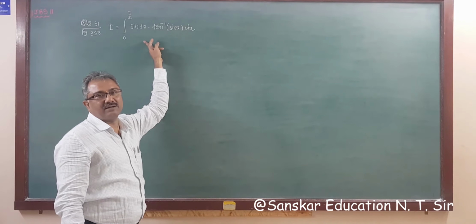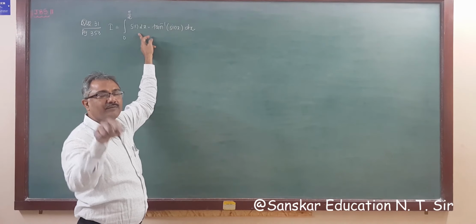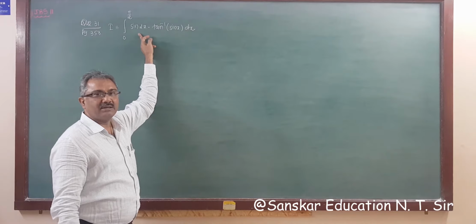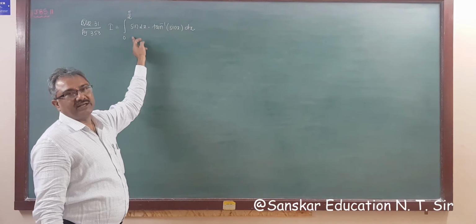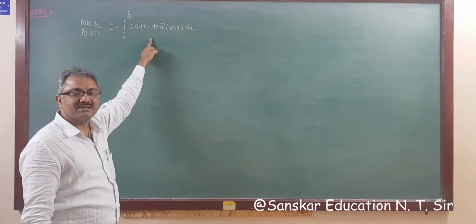Can we get sin cos from this sin twice x? Yes, if we apply the formula of sin 2 theta, right? And we are assuming sin x is t and cos x dx is dt, right? So splitting this out, you did not understand how we took the hint. This is important for solving integration questions. Otherwise there is nothing to do, right? Simply apply the formula, you will get your answer, and substitute upper limit minus lower limit in the definite integral, right?